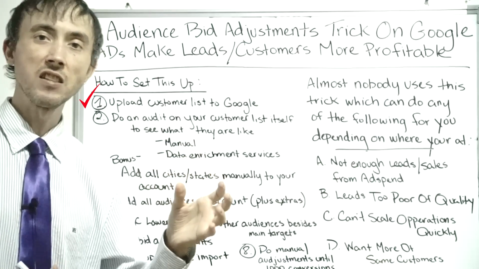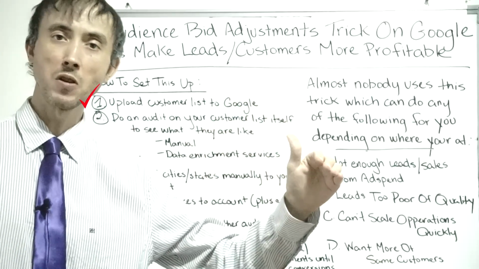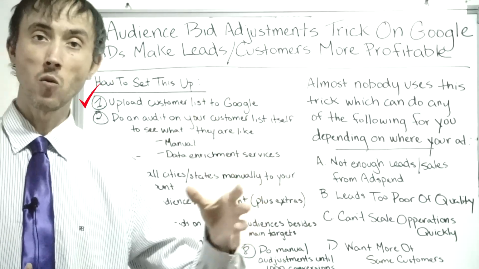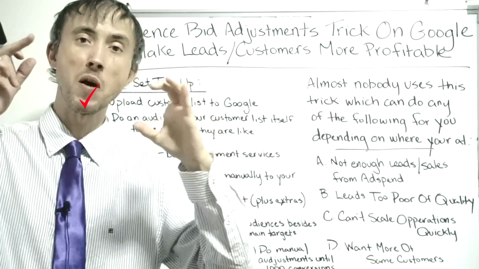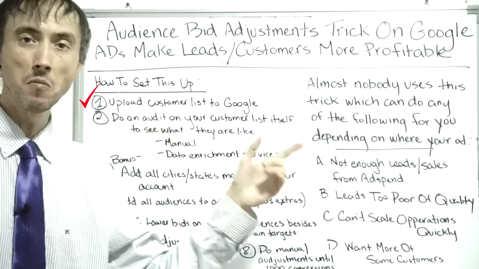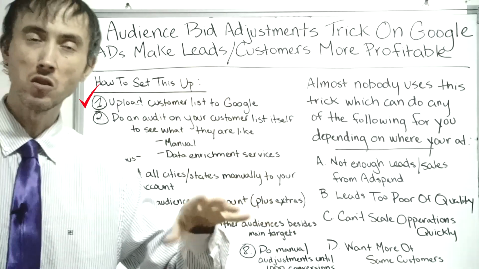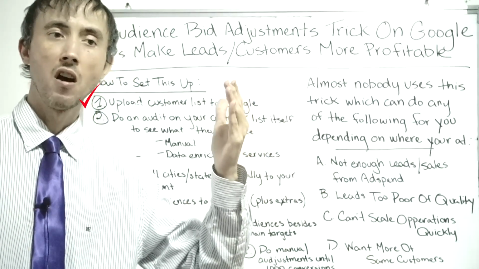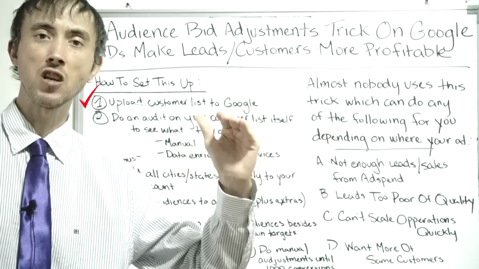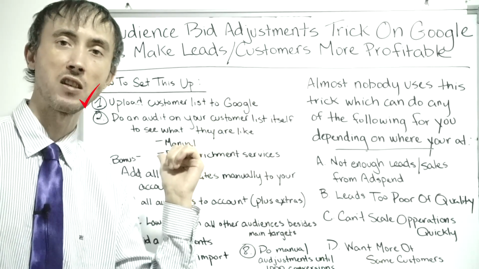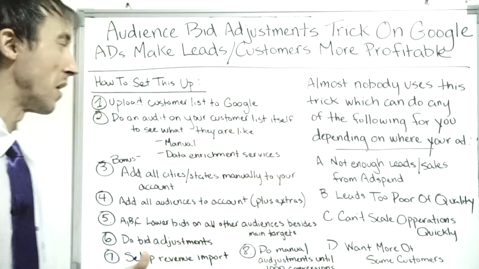If you're generating leads, you upload your customers to get a bead on the traits that make a customer versus a lead. If you're looking for a better quality customer, then you just upload the top 20% of customers that you have that spend the most and find out the unique traits that make them unique, and just upload them. In other words, what we're trying to do up front is find out, of the people that we do want more of, what specific traits make them unique so we can differentiate and separate them out of the front-end advertising we're doing on Google Ads, whether that's on search or display, so that we start getting more of it.